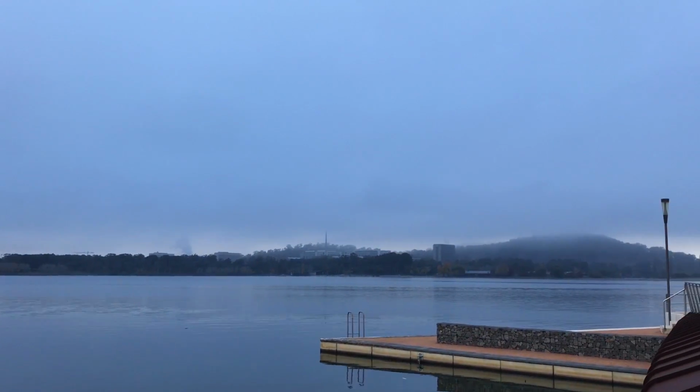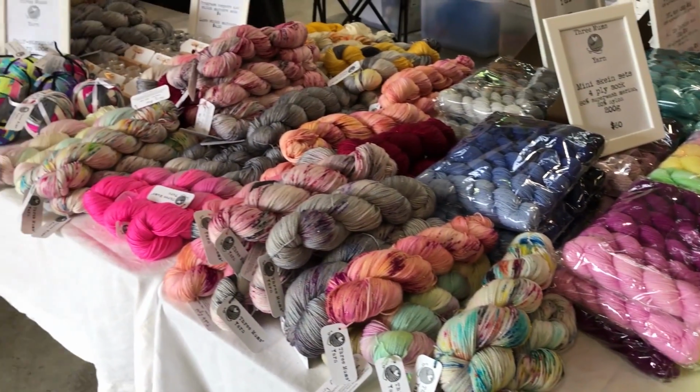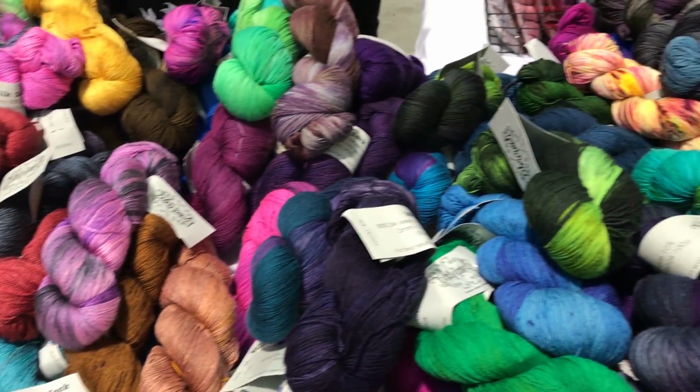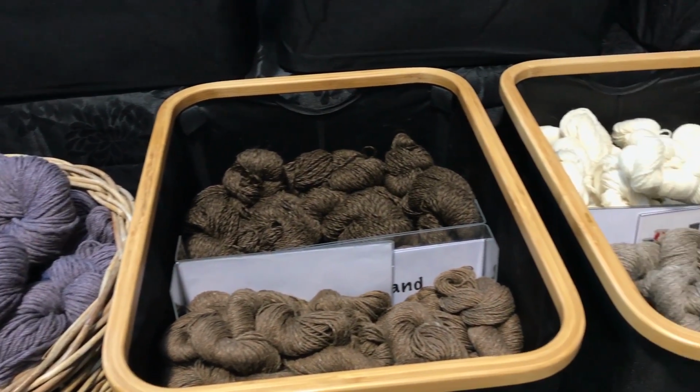It was held at the old bus depot markets, and so there was a combination of yarn and fibre and all the other types of market stalls. So there were other types of makers, but I didn't really pay too much attention to those, to be honest. There were aprons and food and stuff, but I was there for the yarn, and I got there pretty early